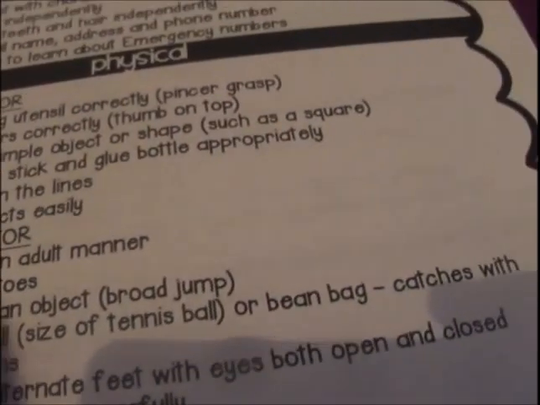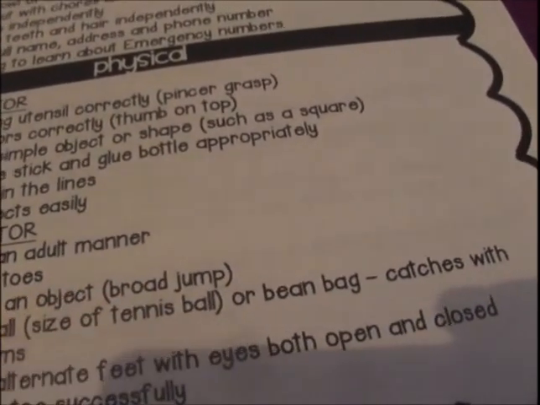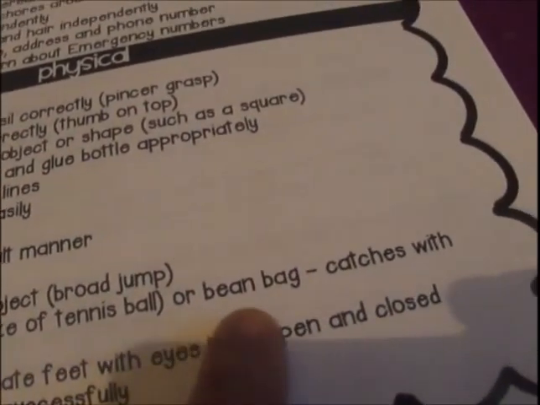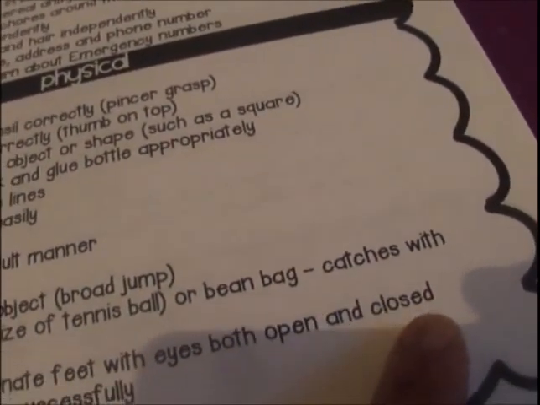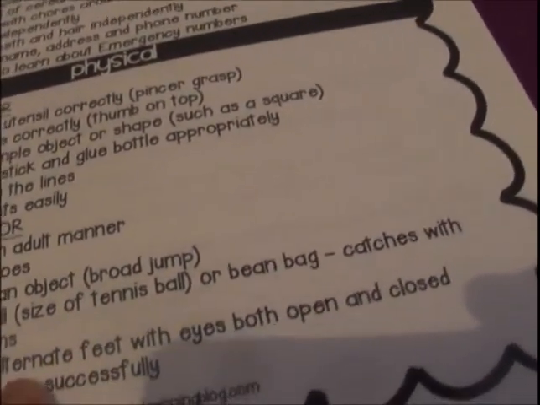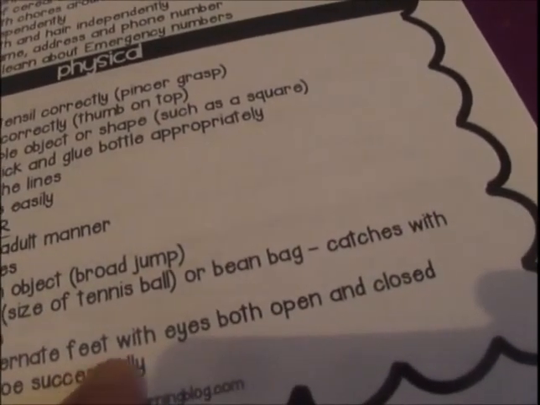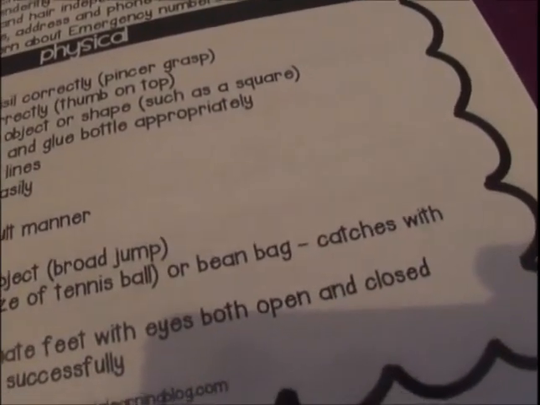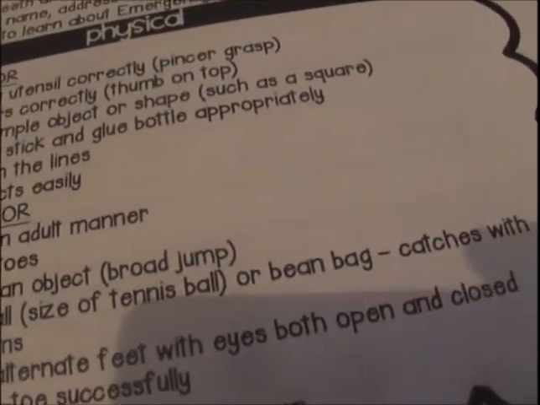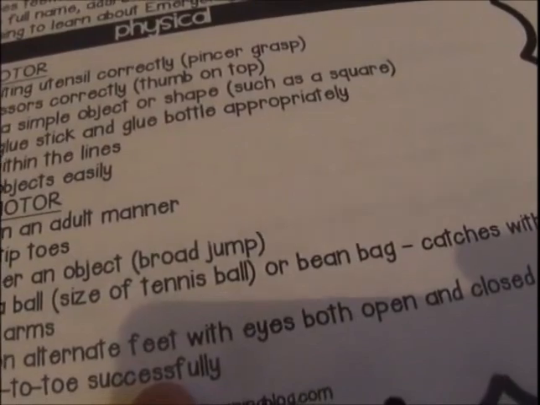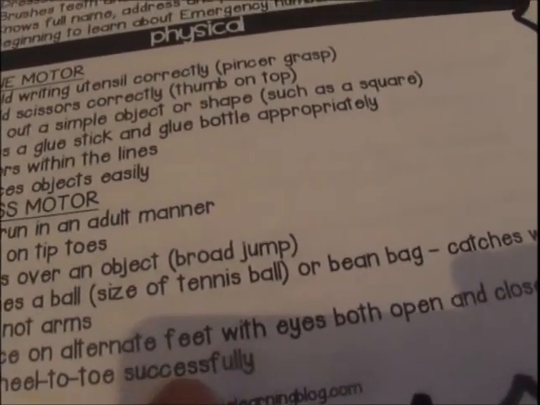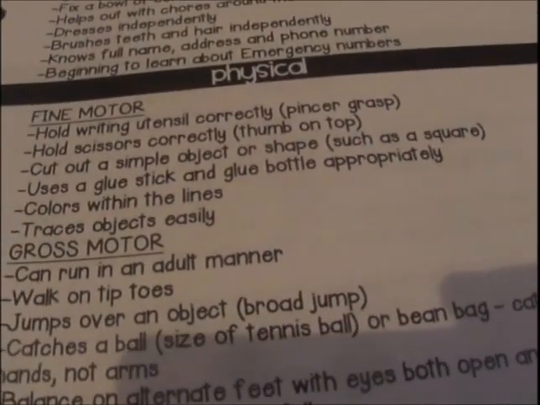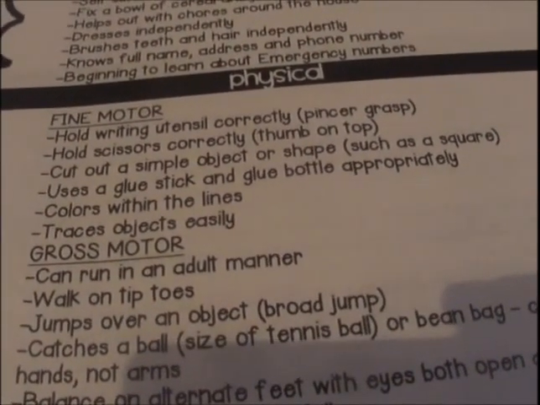Gross motor: can run in an adult manner, walk on tiptoes, jump over an object, a broad jump, catch a ball the size of a tennis ball or beanbag, catch with hands, not arms, balance on alternate feet with eyes open and closed, walk heel to toe successfully. So these are points that, again, they should be skills that they should be developing